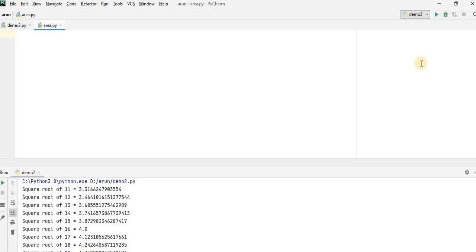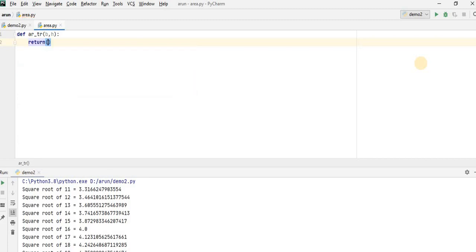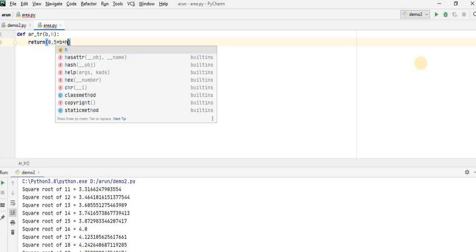First, the area of a triangle. To find the area of a triangle we need base and height, and it will return 0.5, that is 1 by 2, base into height.